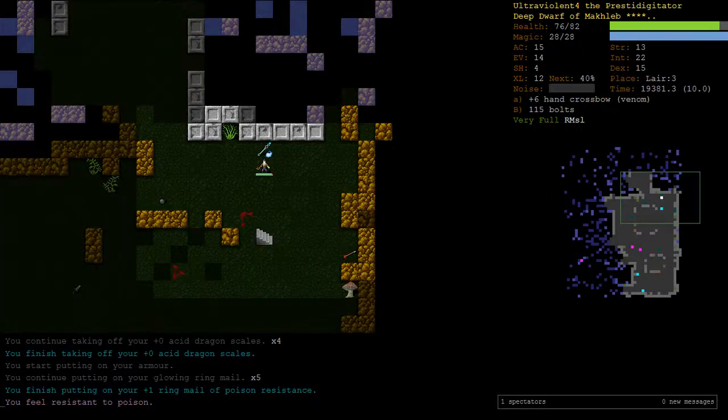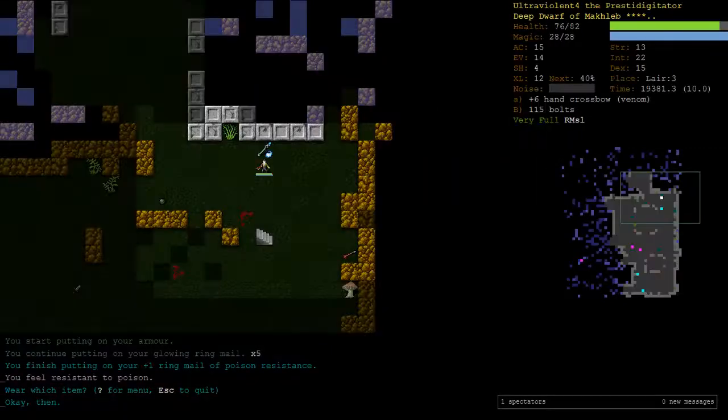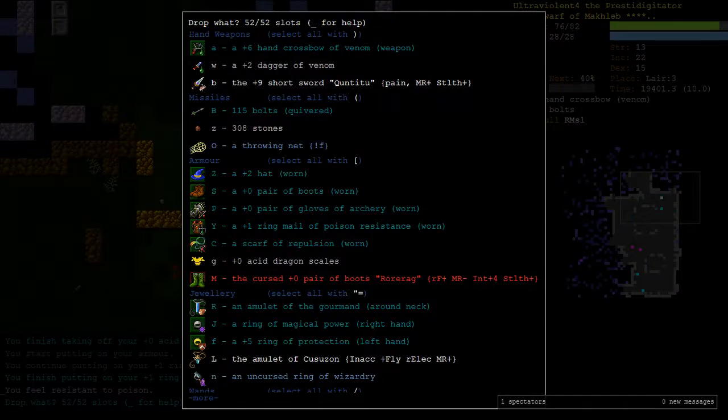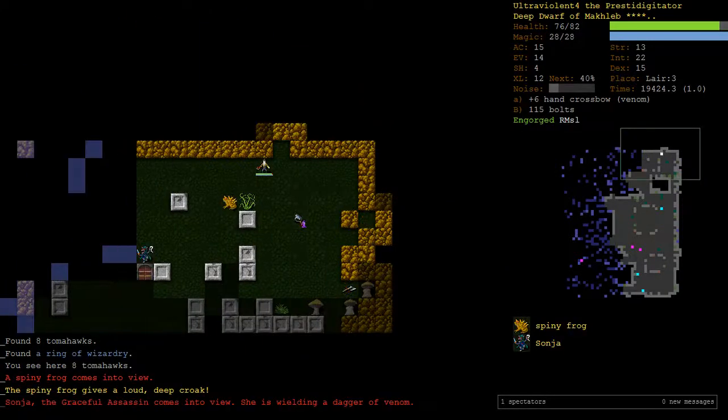Okay, so there's our poison resistance. That's 15-14. So we're losing 1 EV and we're exchanging poison resistance for our corrosion resistance. I think that's a pretty easy keep. Cool. So I guess now we wouldn't mind...